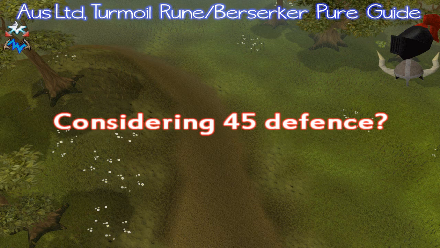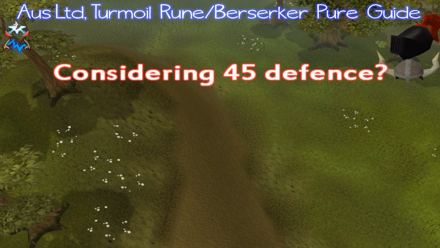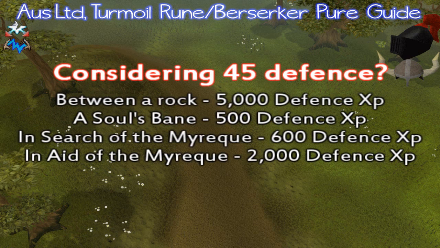Now, this is also a Berserker Pure guide, so 40 or 45 defense. If you're aiming for 45 defense, there's another 4 additional quests that you'll have to do, well, that are definitely recommended. Because if you got 45, you'd want all the best things from getting those 5 extra levels. For example, the hand cannon, which is something you really want to consider if you're going from 40 to 45 defense. You can get all this stuff at 42 defense, but you'll have to complete it between a